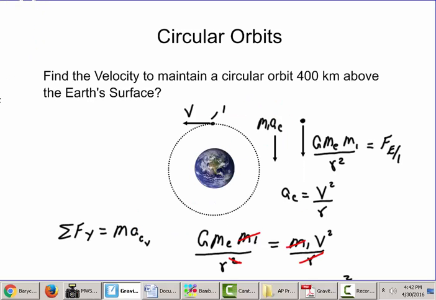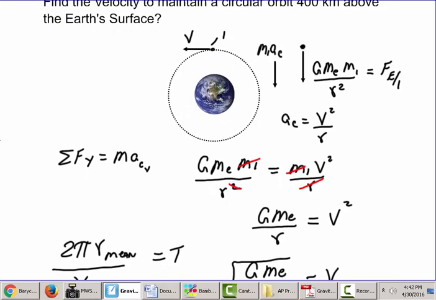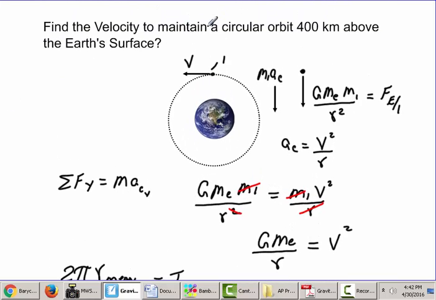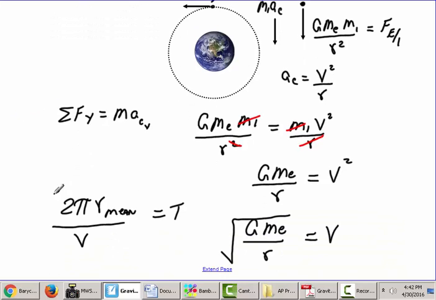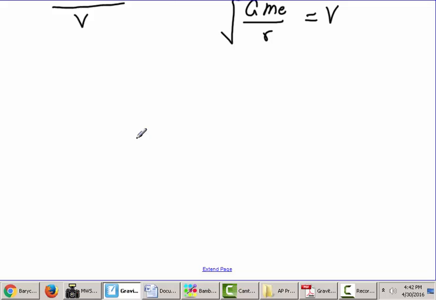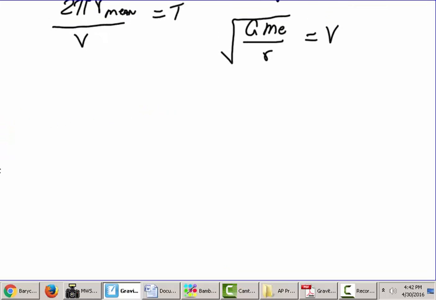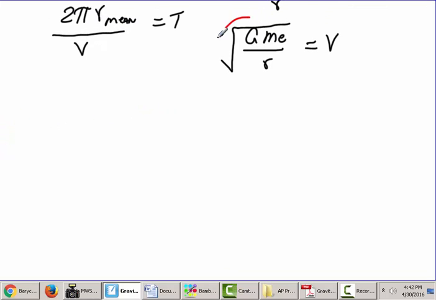All right. So that's how you're going to use this equation here. We're going to find out what the velocity to maintain a circular orbit 400 kilometers above the Earth is going to be. So to work that problem, give myself some space. I'm going to use this equation which I've derived, and all I have to do is plug values in. I'm going to say square root of